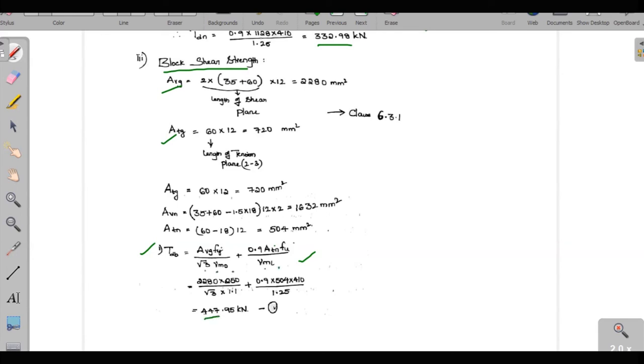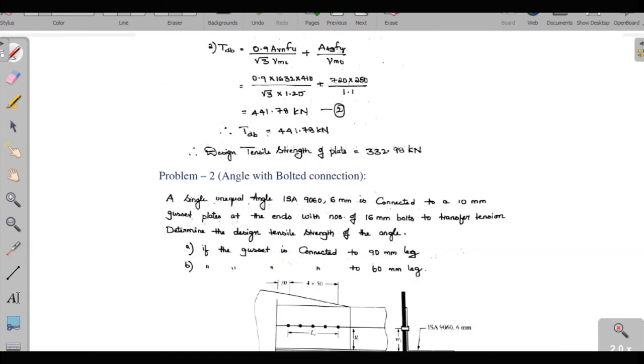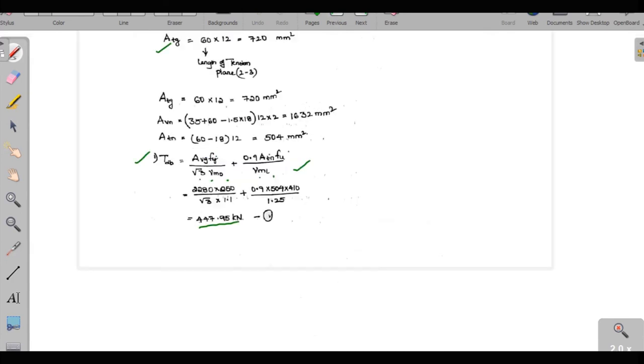So on substitution, first value is 447.95, and by using the second expression on substitution, 441.78 kilonewton. So now Tdb, the block shear strength,